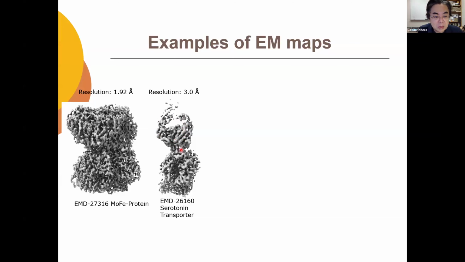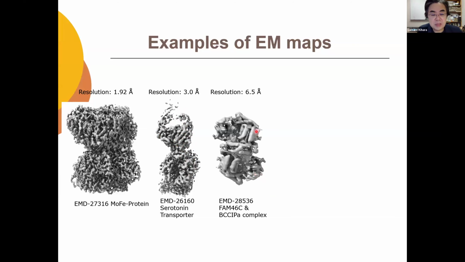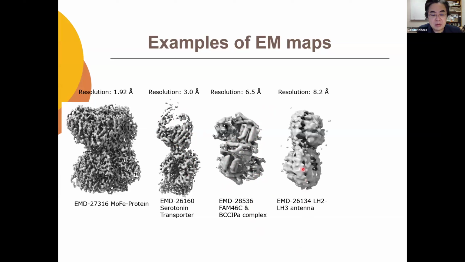You see that the regions have a main chain clearly visible. This is at 3 angstrom. Now this is at 6.5 angstrom. At 6.5 angstrom, now you see alpha helical or some cylindrical structure, more larger structure, and at 8 angstrom,